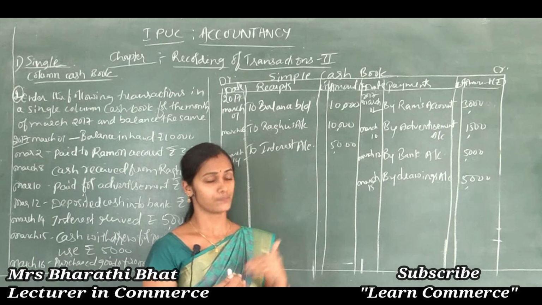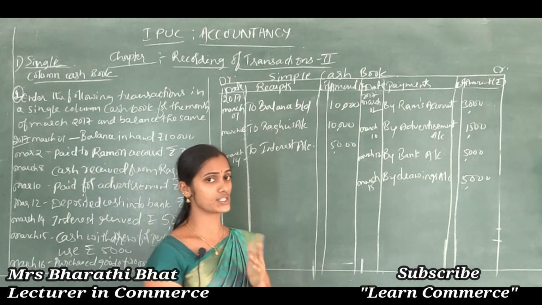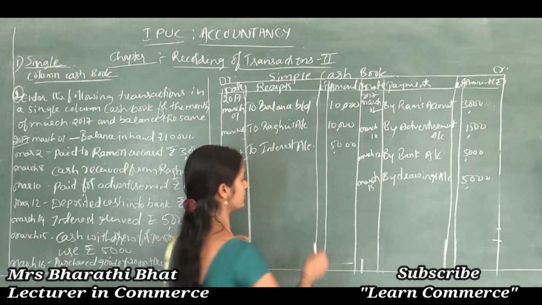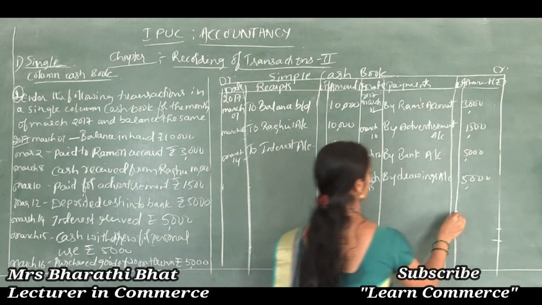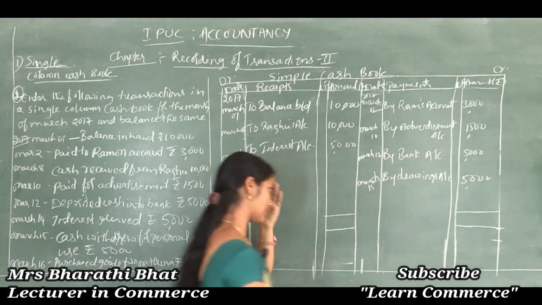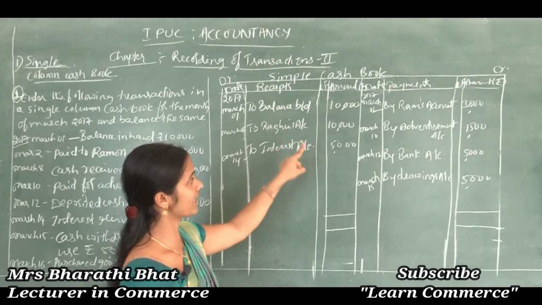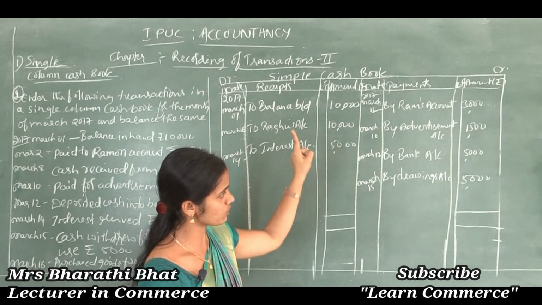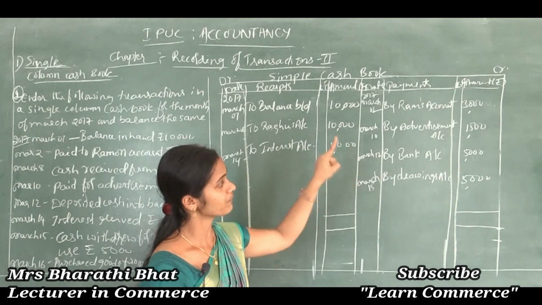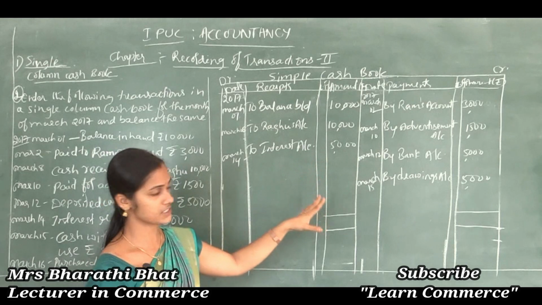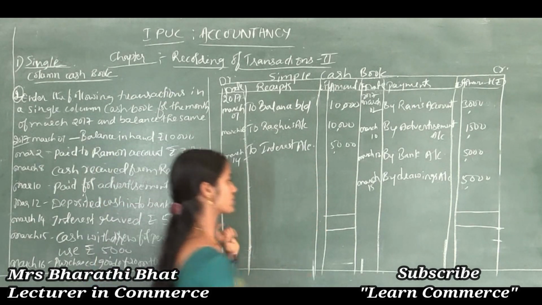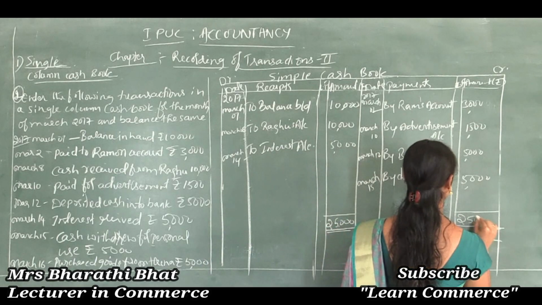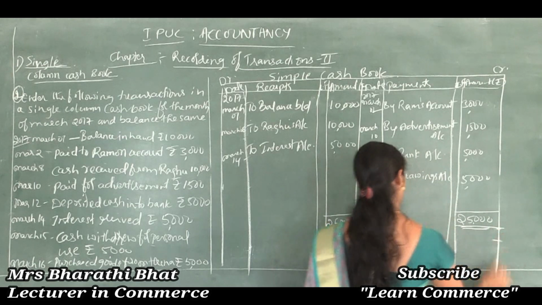So now totaling. We have recorded all the transactions. What is the next step? Totaling. What is the procedure? We need to write the total amount in a straight line. So now total: 10 plus 10, 20, plus 5, 25,000. See which side shows the greater value and which the lesser. Yes, 1,500, 3,000, a very small amount is there. So this side shows the greater value. So write that first, 25,000 on both sides. The greater amount should be written under both sides.